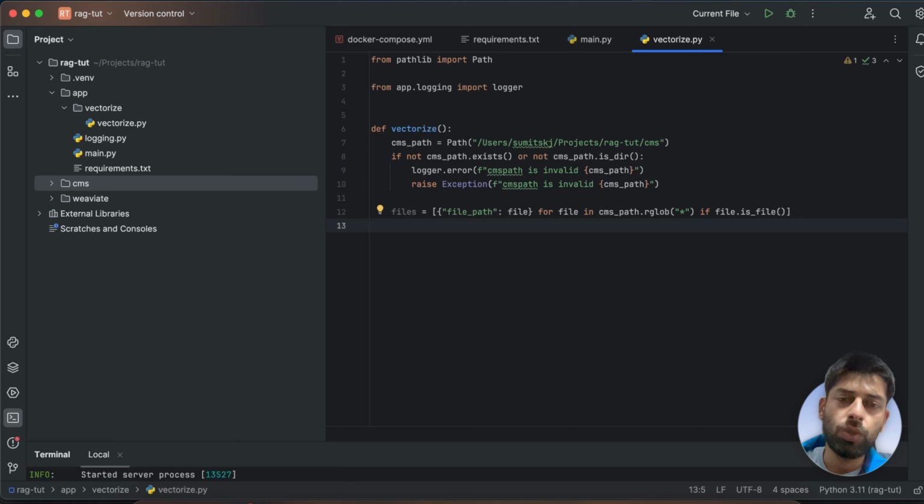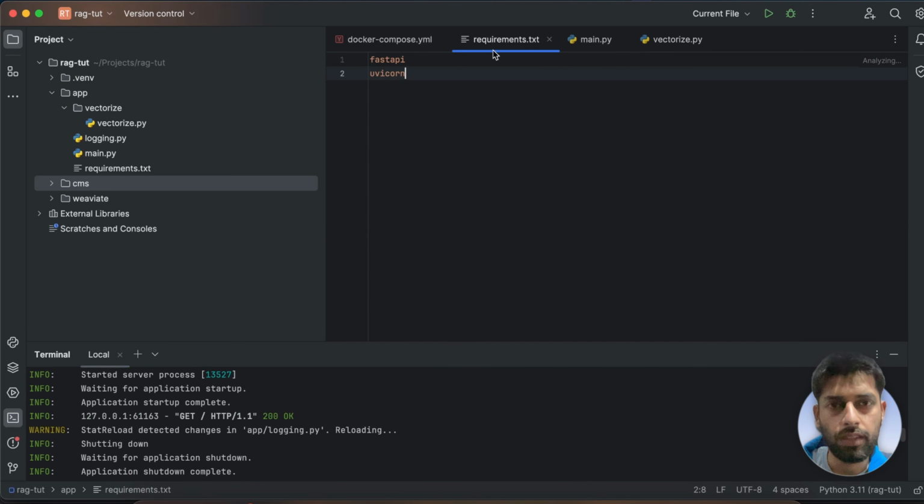Also, to read the text from these PDF files, we would be needing one external library, which is PyMuPDF. So let's install it as well. So here we have installed PyMuPDF as well. So let's start creating chunks of our files. So for file in